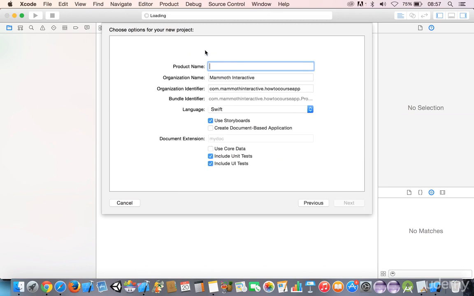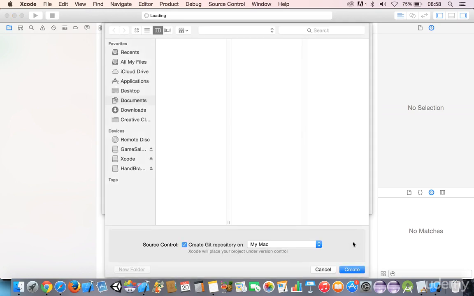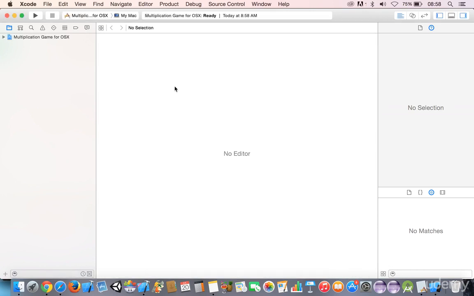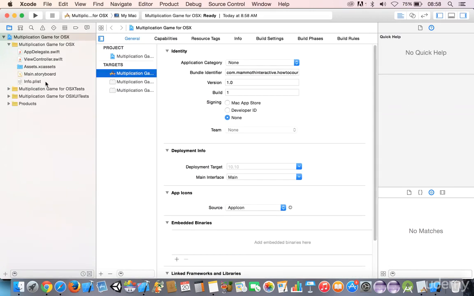regular application. So let's go ahead and add in a Cocoa application, and what we'll do is we'll call this multiplication game for OSX, and you can add in your company name, in this case Mammoth Interactive, and the language is going to be Swift. I'm going to go ahead and push next, create everything here, and make sure you always back up everything to